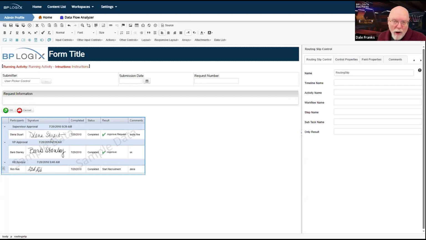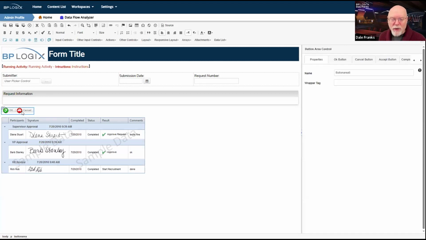I don't want my users, if they don't care about the routing slip and they don't want to look at it, especially if it's a routing slip that may get long, I don't want them to have to scroll past the routing slip to get to the result buttons, which is what they will have to do if I don't specify a location for the result buttons. So I specified a location immediately above the routing slip. I've done that to ensure that my users can just go straight to the buttons and click them, and they don't have to go through the painfulness of scrolling through a routing slip.